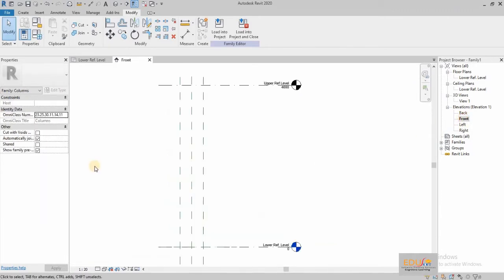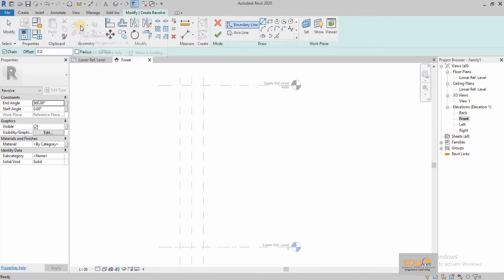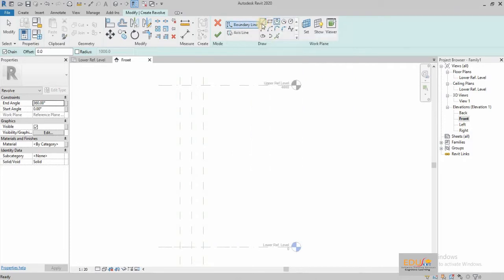Click on Create tab. The Revolve tool is chosen from the Forms panel. Take the boundary line option and sketch the profile for the pillar using these drawing tools. After finishing the boundary line,